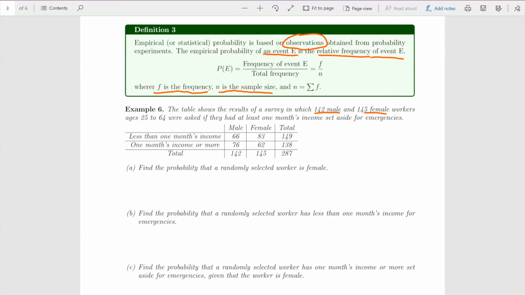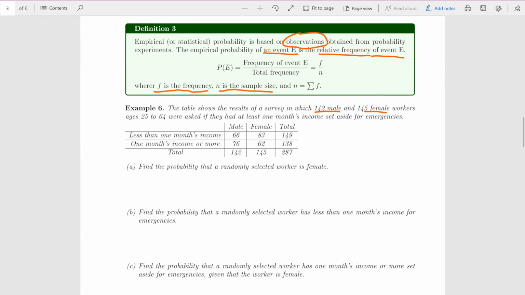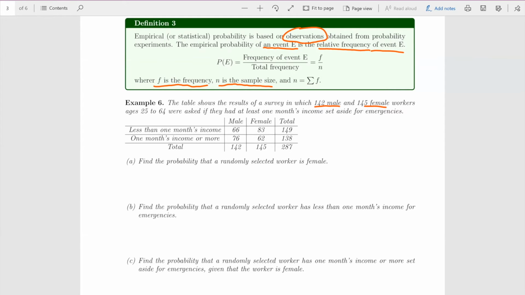And it's the total of all the rows, all the columns here. All right. So if you look at this table, and you ask, what is the probability that a randomly selected worker is female? So the event is selecting a random worker that is female, right? And you can see how many females we collected? 145. So the probability of this event,